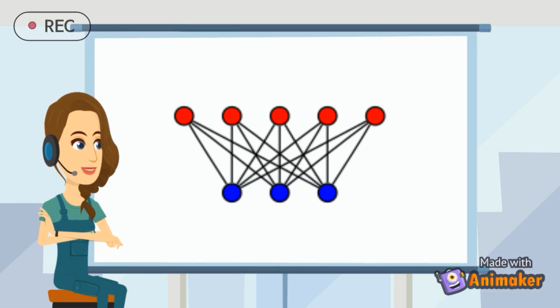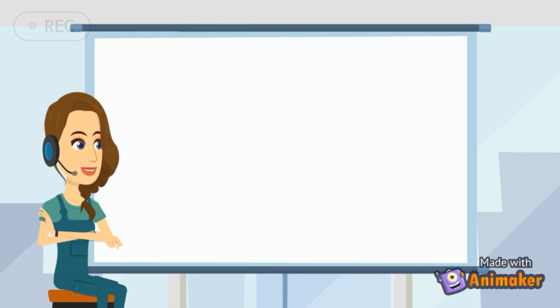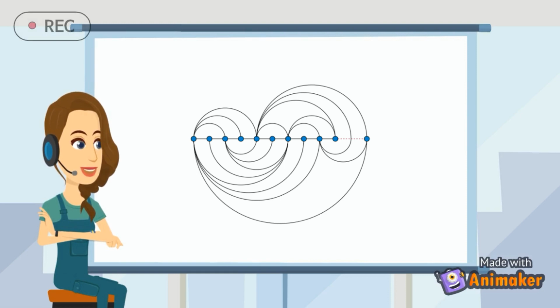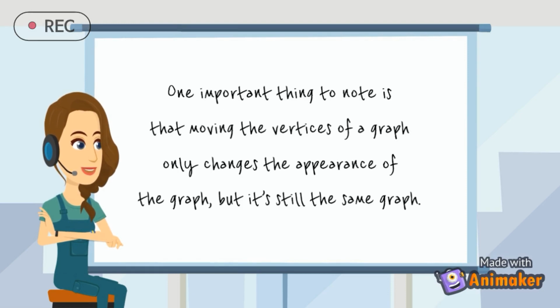This is usually shown by coloring the vertices, i.e. red and blue, where red vertices can't be connected to other red vertices. Depending on how the edges and points are drawn, you can create various types of graphs. Some examples include on the plane with straight edges, rectilinear, a graph containing no cycles, tree, all vertices on a line with curved edges, book embedding, or in some other space. One important thing to note is that moving the vertices of a graph only changes the appearance of the graph, but it's